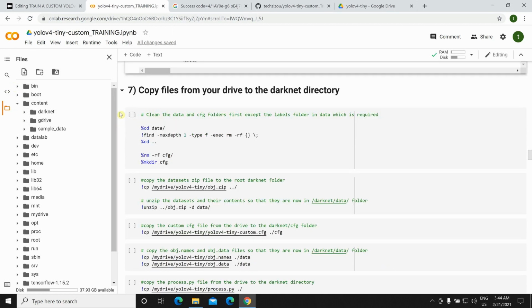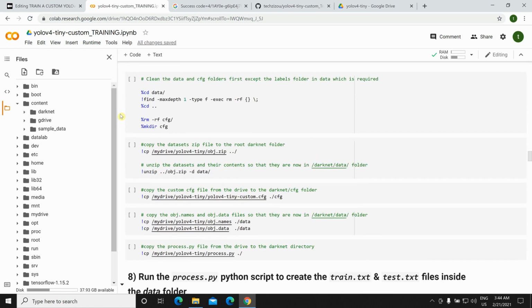Since YOLOv4-tiny takes a lot less time, as I mentioned earlier, you can just simply copy this on the Colab VM and train it. It will take hardly an hour if you have like 6,000 iterations. If you have more number of classes, it might take a bit longer, but it will definitely be lesser than